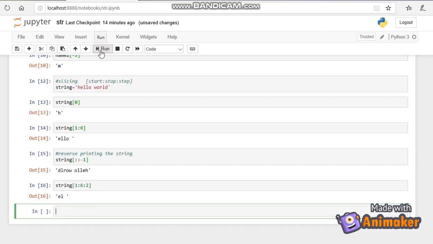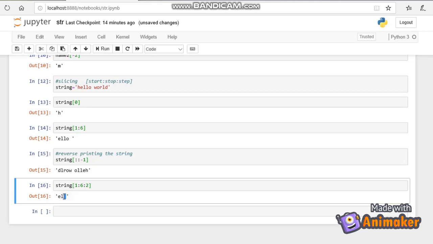So it starts with the index 1, so E is printed, and leaving 2 characters, L, L, and printing another one L. It's leaving O again, printing the space. The space is here, so the space is printed here. So that's the thing.